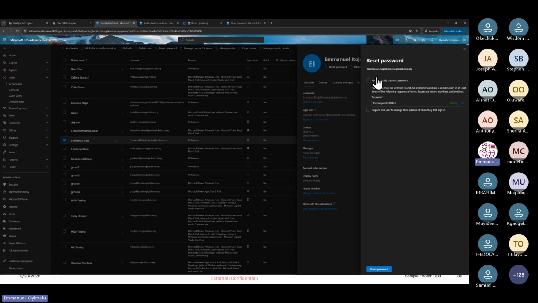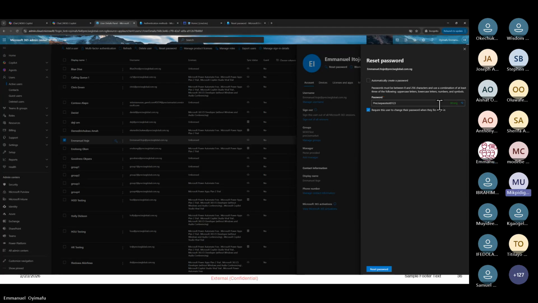So I believe this is how your organization did it. If they are using M365, if they're using Microsoft, they can do it from here. If they are using their local Active Directory, they can do a preset password themselves. But most times, because it's a demonstration, I was just like, okay, let Microsoft automatically create it. But you can actually do it. And there are other things you can even do. You can say, require this user to change their password when they first log in. If you check this, that means the user will change their password when they first sign in. So you can configure it. You can set the password that you want to give your users, rather than using the default password generated by Microsoft.